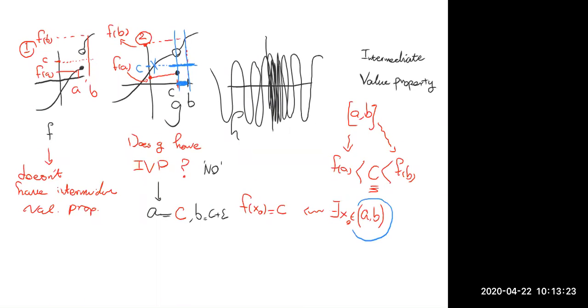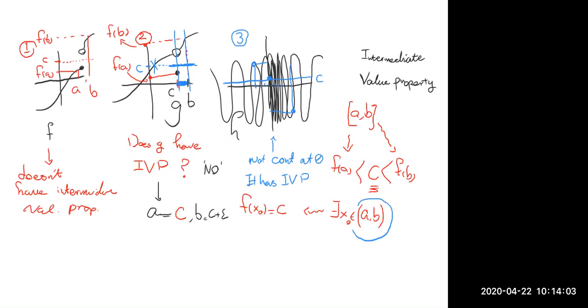If you look at the last example, of course, it is not continuous at 0. But obviously it has the intermediate value property. For any two points we choose, and any point between them we choose, there are many, many points where f is equal to that number c. So sine of 1 over x is